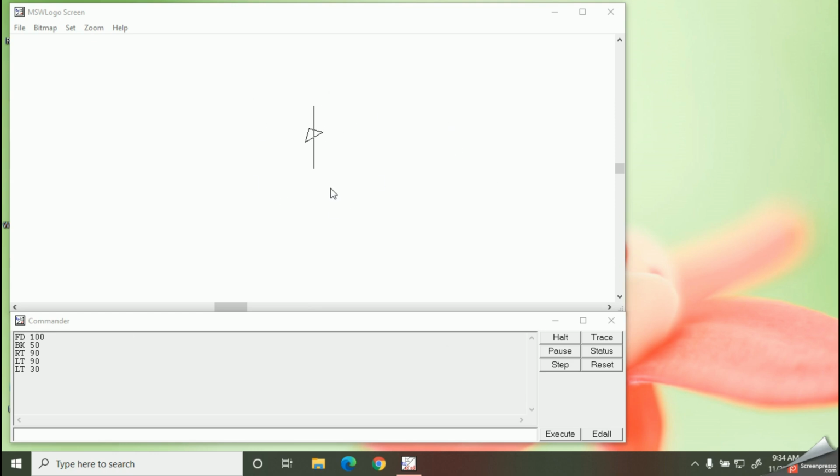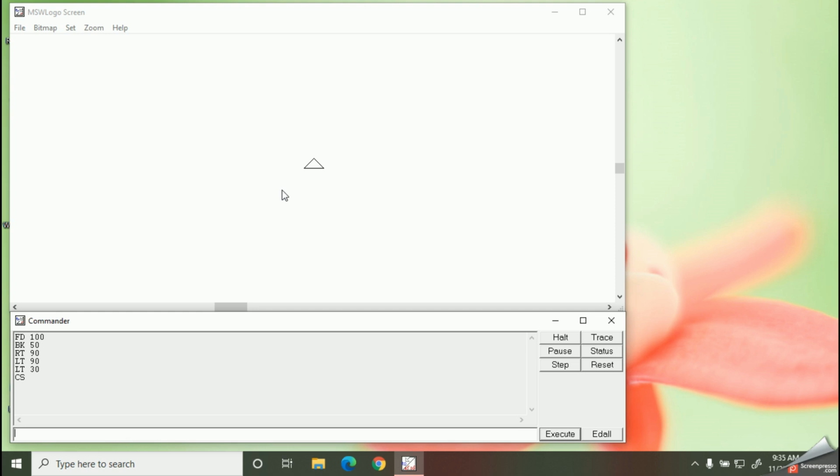First one, you can type CS in your input box. Okay, I have typed CS. Now I am going to hit the enter button. Okay, so this is the first way we can clear our screen. And there is another option. Can you see this reset button? So once you click this reset button also, you can do the same thing. That means you can clear your screen.